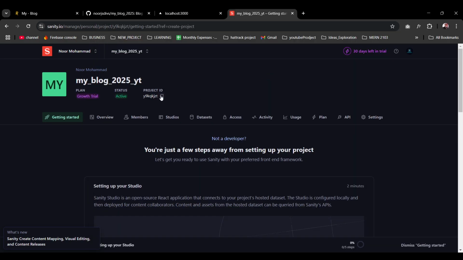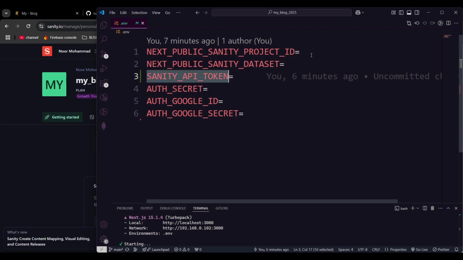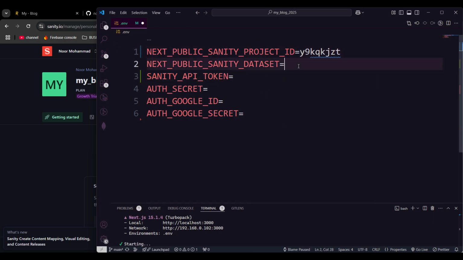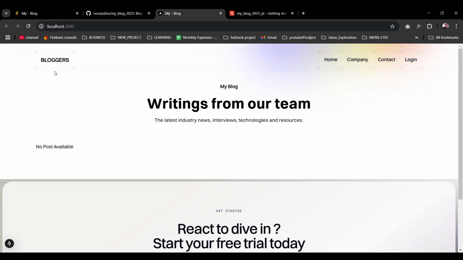So now as you see, I have one project ID. I'm going to copy that. So that's my project ID and dataset. I'm just going to go with my dataset as production. That's it. So now if we go here and just reload, we should be able to see our